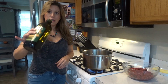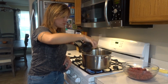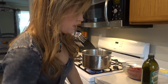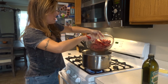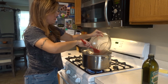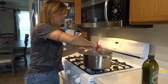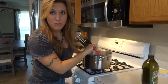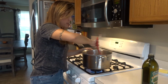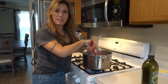All right, go ahead and add a tablespoon or so of your extra virgin olive oil to the pan and add your ground venison. You want the pan to be this freaking hot so that you get a good brown on the meat right away. It adds a lot of good flavor